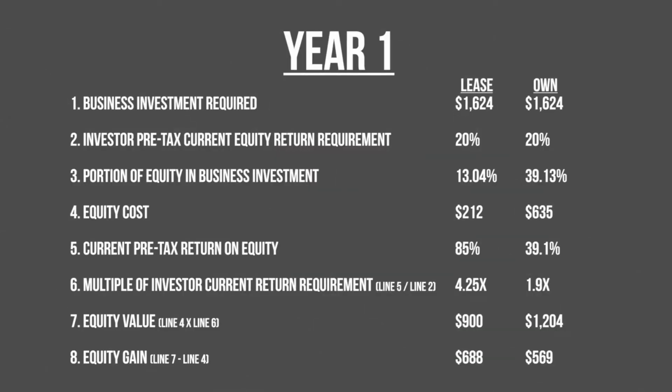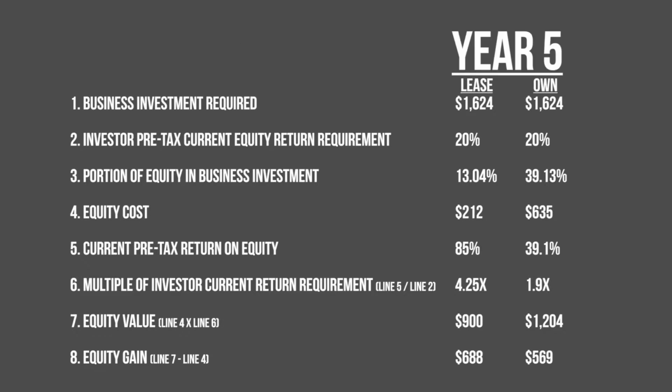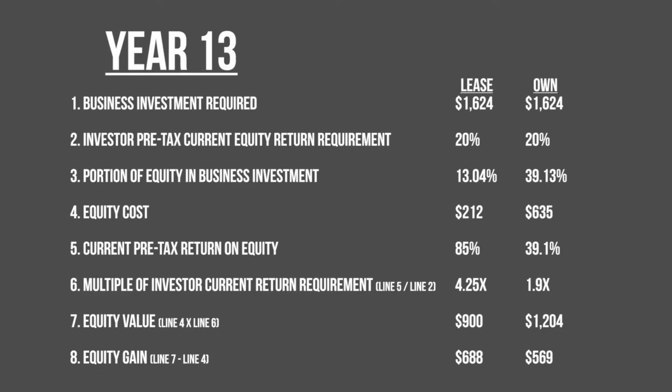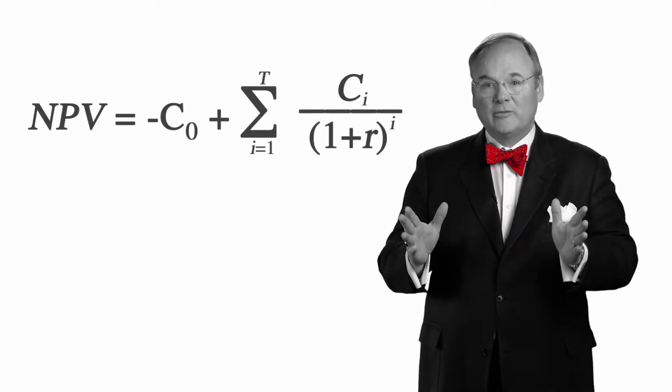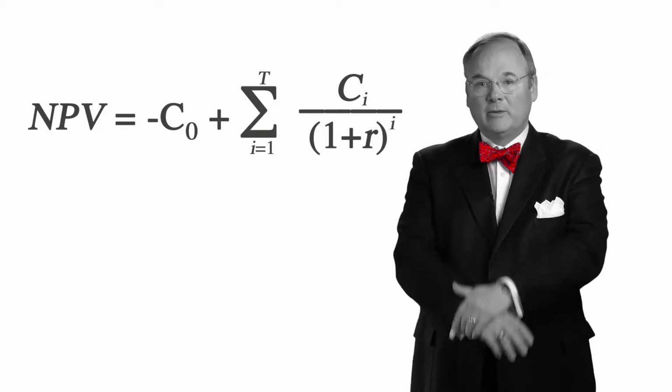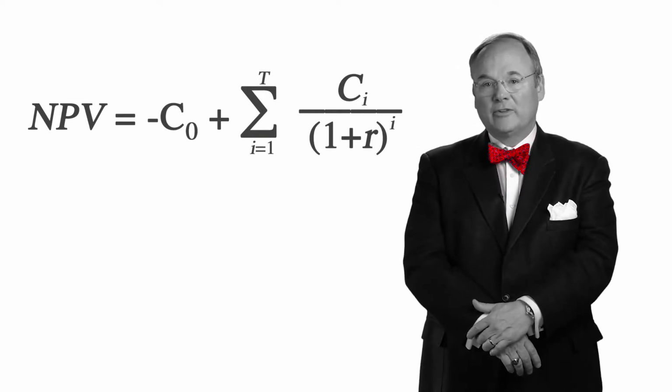The illustration I have made here shows that it's not really enough just to look at year 1 and know which type of real estate financing appears better. You really have to look over many years. At the same time, I'm not really one for using a multi-year model, looking at the equity cash flow differences and discounting them back at some interest rate to arrive at a present value difference.